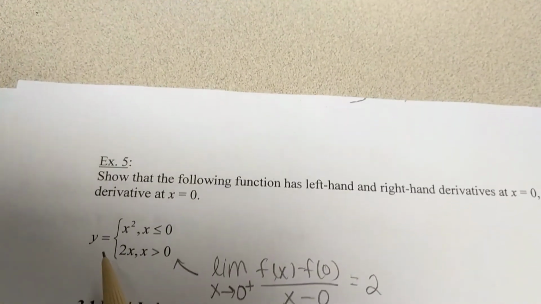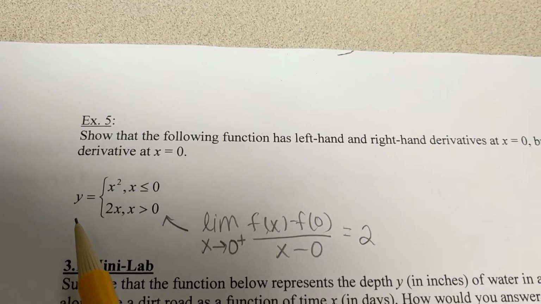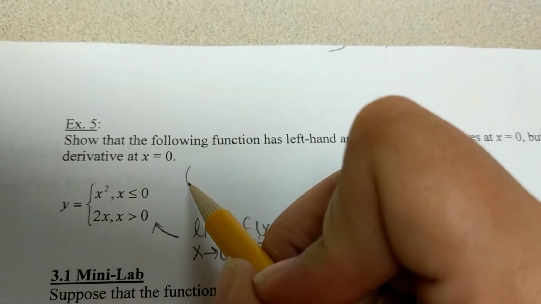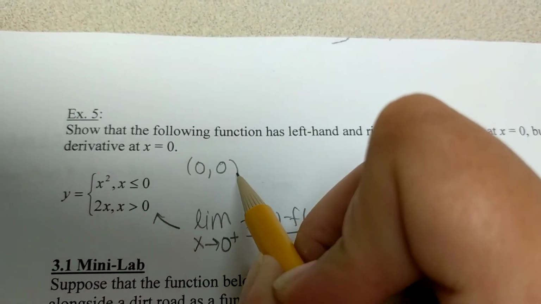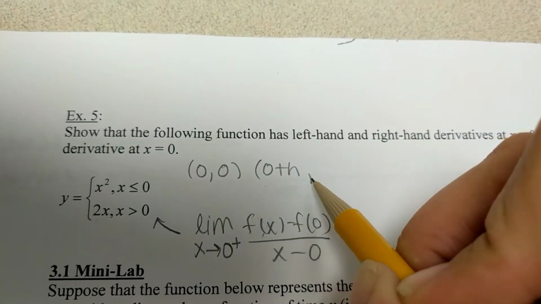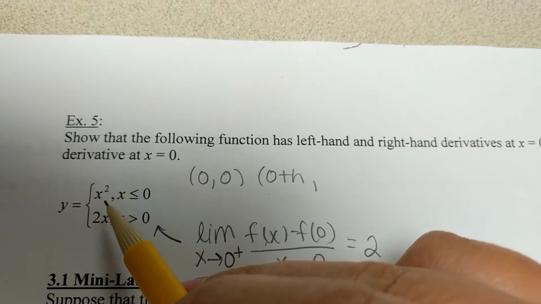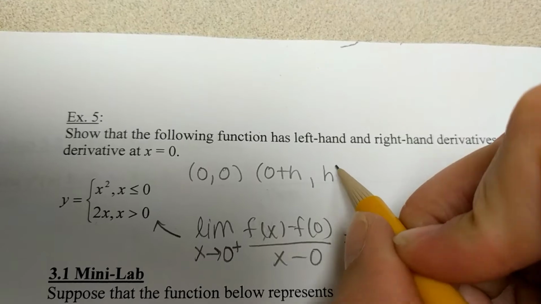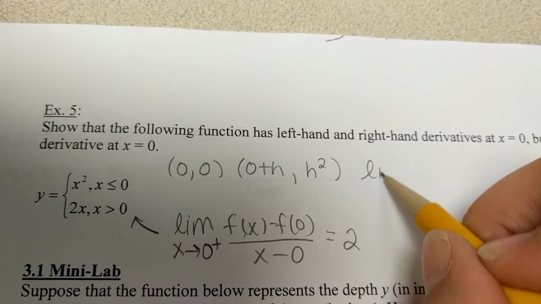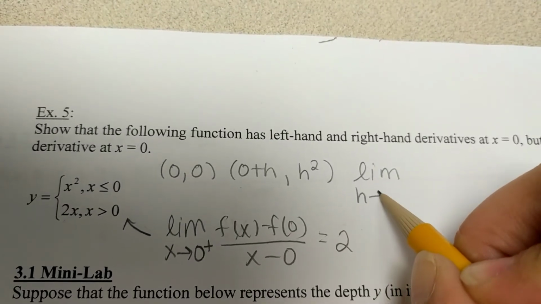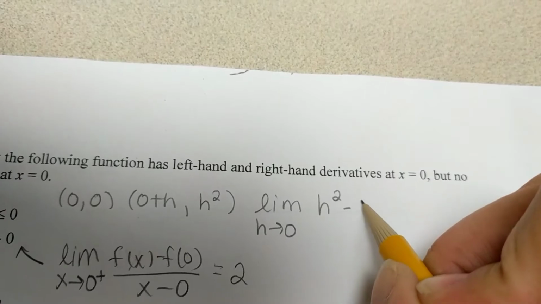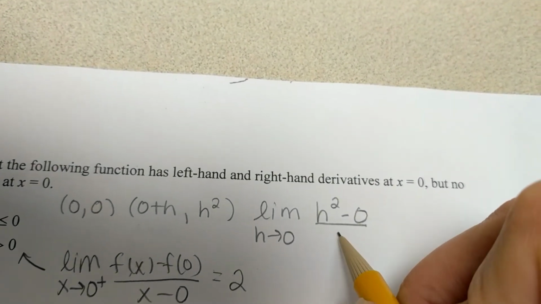So when we do the slope of x squared, we've done this many times before, but we're starting at 0, so our ordered pair is 0, 0, and then we're going to plug in 0 plus h. Well, 0 plus h squared is just h squared. So if we do the limit as h goes to 0 of h squared minus 0 over h,